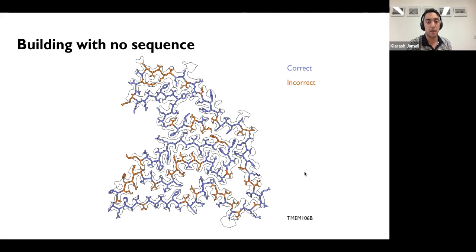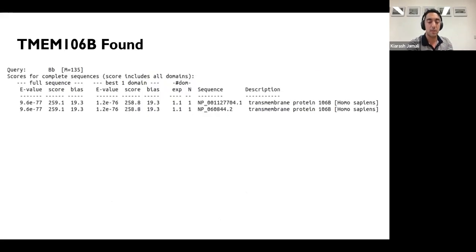And as I mentioned before, if you just take the highest probability amino acids without the sequence, you can see that it's already pretty accurate because the resolution is very high here. And then if we do the same thing and build a hidden Markov model based off of this, and then instead of searching it against a human-provided sequence file, we search it against the whole human genome, you can actually see that you also find TMEM106B with high confidence. So you are able to also use this to find sequences that you might not know exist in your cryo-EM